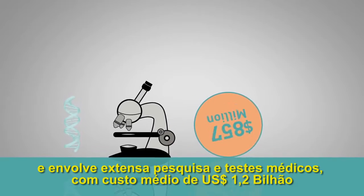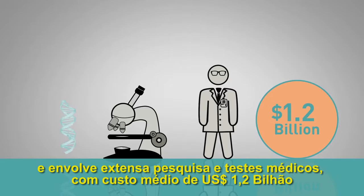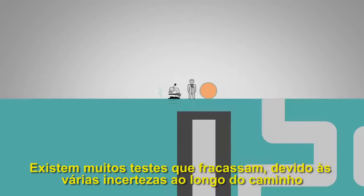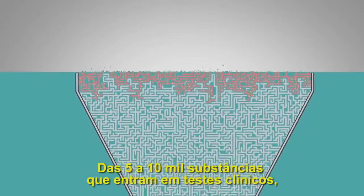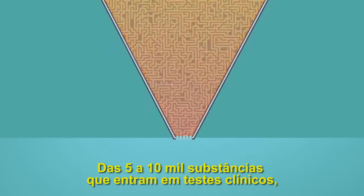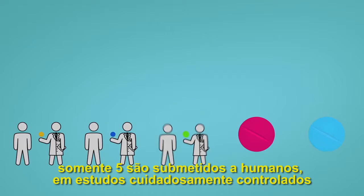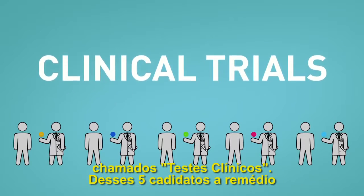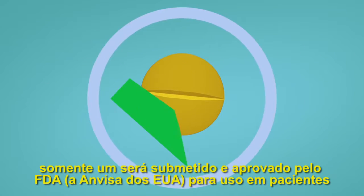It involves extensive scientific research and medical testing and costs an average of $1.2 billion to develop, including the cost of failed drug candidates. There are many, many candidates that fail due to the many uncertainties along the way. On average, of the 5,000 to 10,000 drug candidates that enter preclinical testing, only about 5 will end up being studied in humans in carefully controlled studies called clinical trials. Out of those 5 candidate drugs, only 1 will eventually be submitted to and approved by the FDA for use